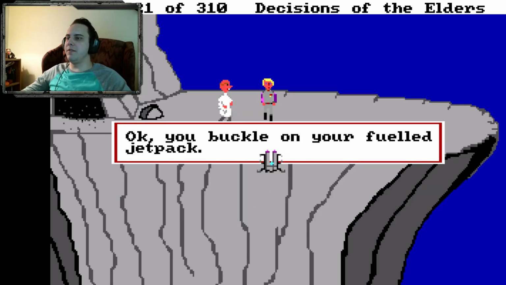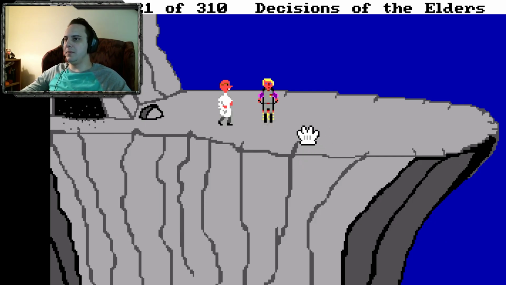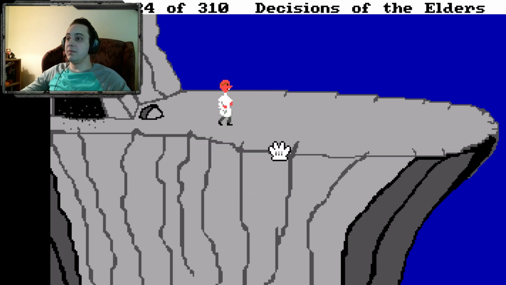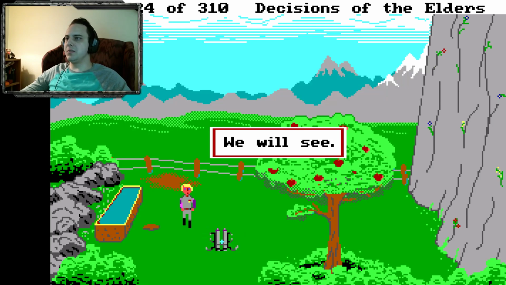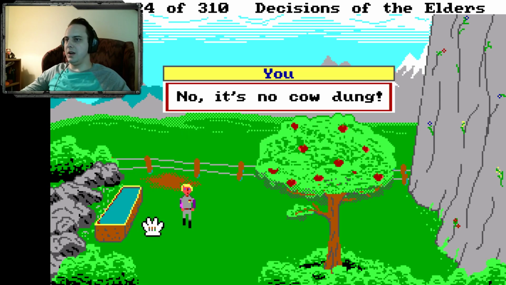Okay, you buckle on your fueled jetpack. Well done, Jerry. And now press the start button. We have a liftoff. We have a liftoff. Whee! You land somewhere else in the mountains. I'm sure I can find tons of worms here. We will see. It's cow dung. No, it's...